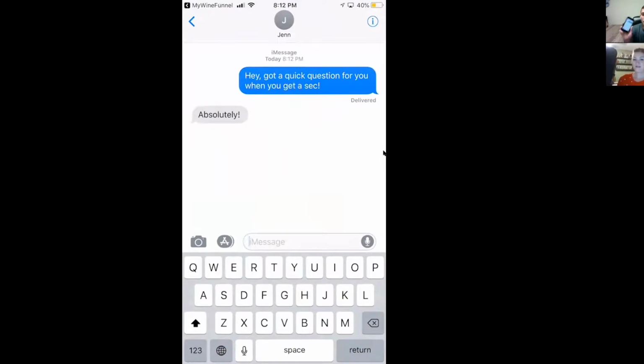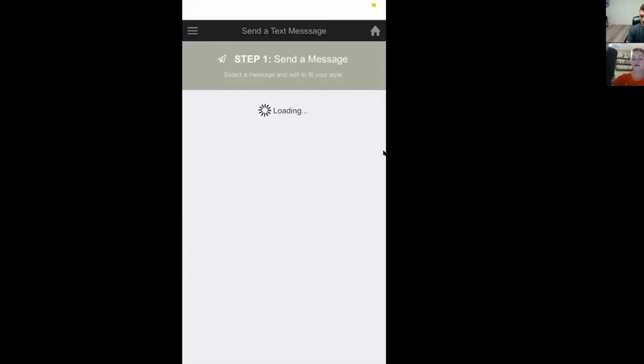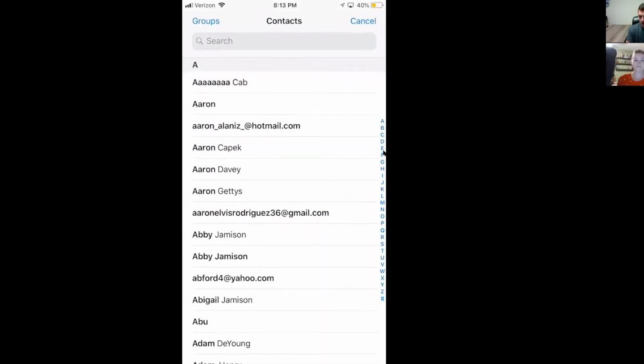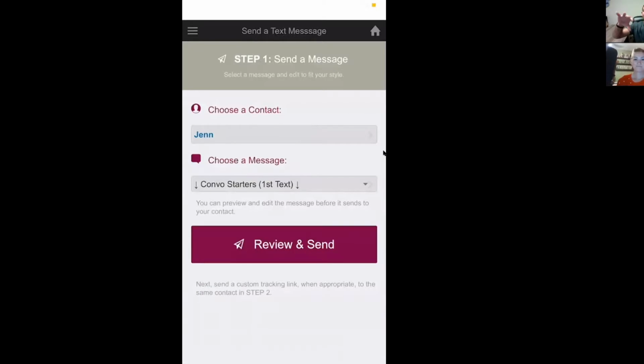At this point, I'm going to proceed to the next text. And guys, there's no question here. Some people might say, well, what do I say next? I got you covered. We're going to click send message. We're going to go ahead and grab Jen again. Because guys, you might be doing this 3-4 times. Like you might hit Jen, then Bill, then John, then Susie. So as they're responding, you're then going to go back and proceed to text two.